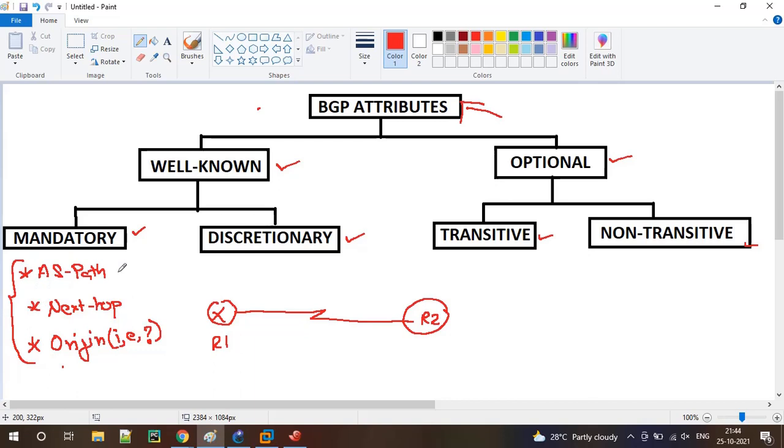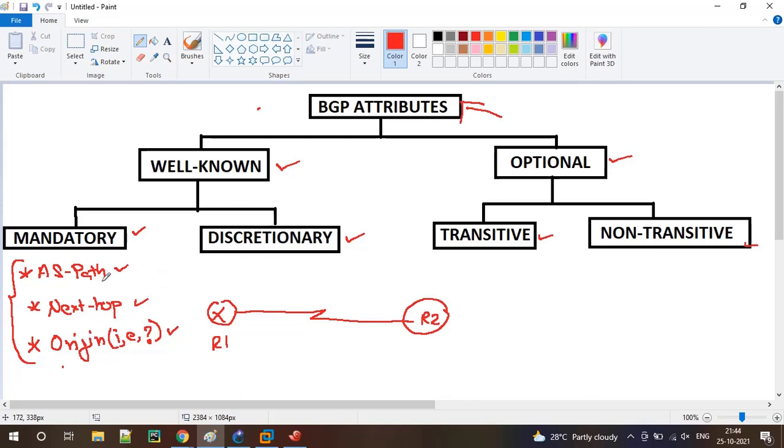This is not product specific. Any vendor should know what AS path, next hop, and origin are, and should understand these attributes if they receive them via BGP messages. That is what well-known mandatory means.